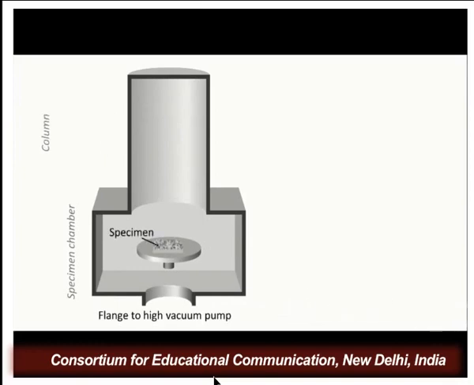Now we put the specimen on this specimen plate, and from here we have the thermionic electrode cathode, where we get the electron beam, and this is the anode, from where the beam is passed, and this beam falls upon the specimen. You are seeing that the beam is falling in a broad manner on the specimen, because we are not using any condenser and objective lens. If we do not use any objective lens or condenser lens, then the direct beam falls upon the specimen.